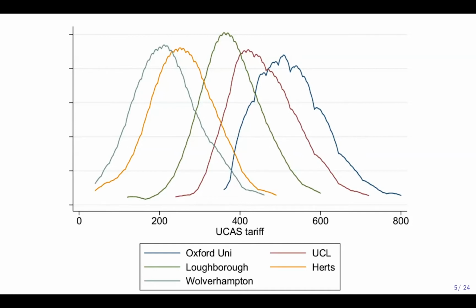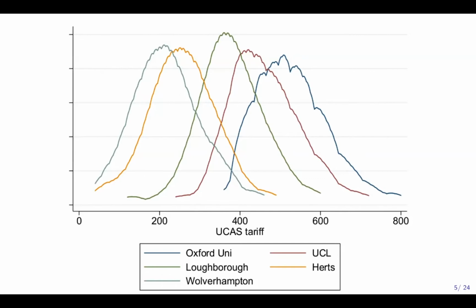Now, we don't want to make too much of this because there's actually a fair degree of overlap between the green and dark blue curves. And what that tells us is that there are definitely some Loughborough students who have more tariff points than some Oxford students. But on the whole, if we wanted to talk about UCAS tariff points on average, Oxford's curve is shifted to the right relative to Loughborough's. So if we want to take these UCAS tariff points as some kind of a rough and ready measure of academic preparation and ability, this would suggest that Oxford students on average come to university with higher levels of these variables. So Oxford students do earn more when they graduate, but they also enter university with higher levels